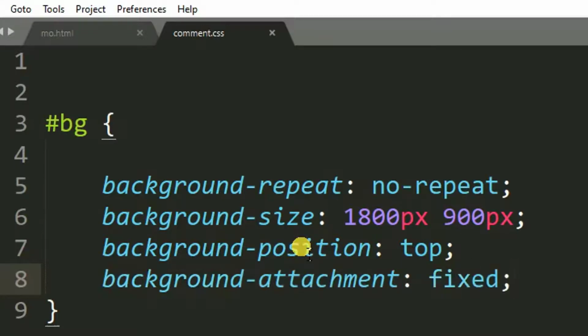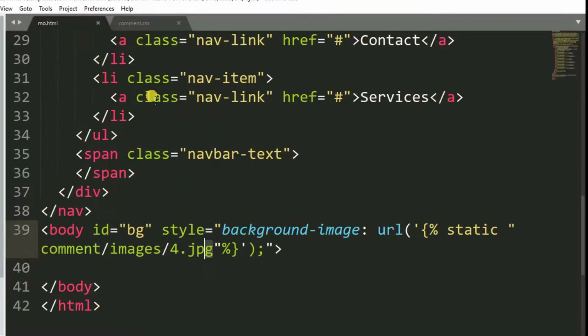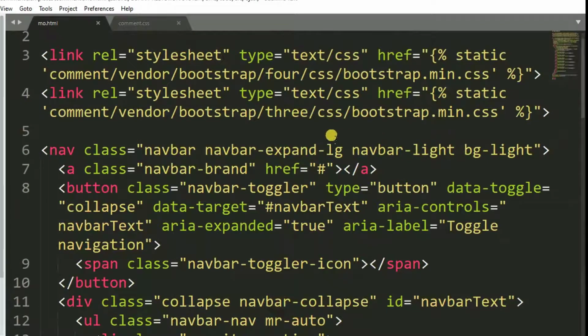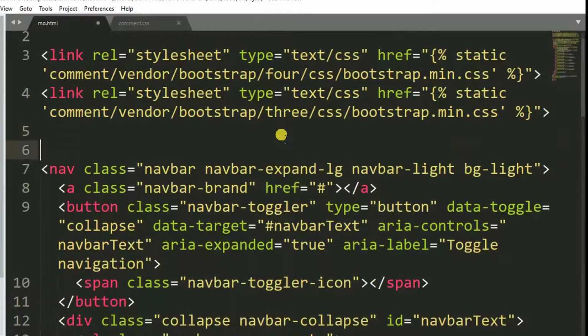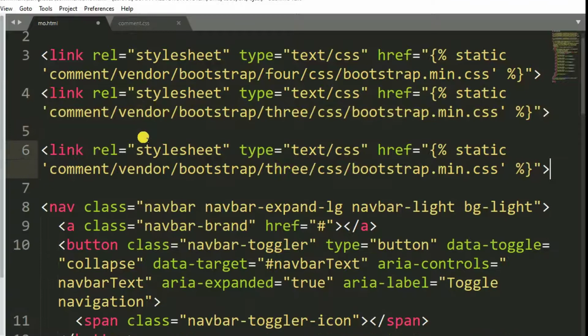Let me press Control S to save the changes. Then after, let's include this comment.css. Here let me do something very simple. No, we can just copy this. We can copy, we can paste it here.